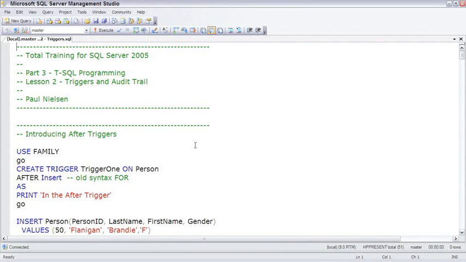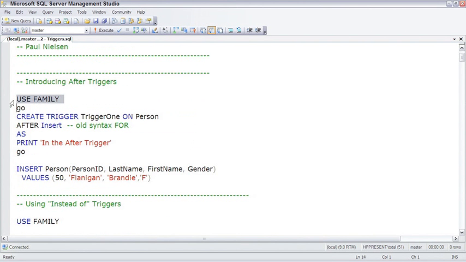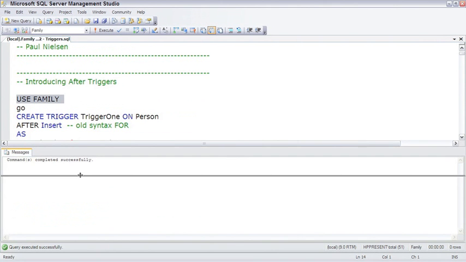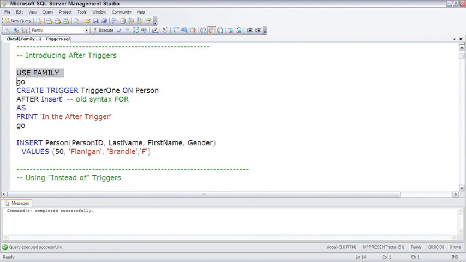So to create an after trigger, we use the create DDL command, create trigger, and switching to the family database. Let me give us some more room. So the syntax is create trigger, the name of the trigger on a table, and then after, because it's an after trigger,